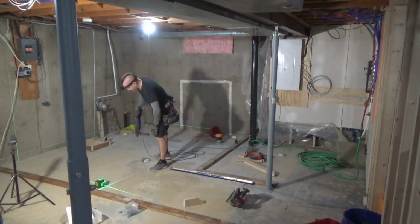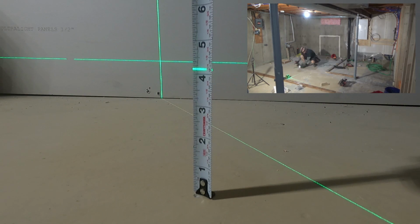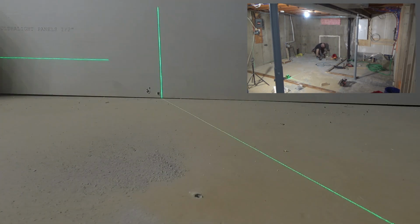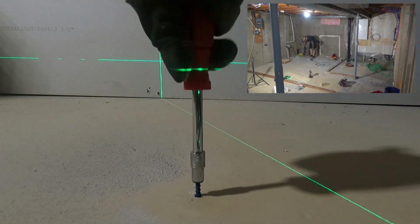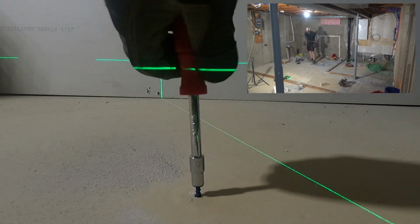Yes, always prepare, but prepare for your situation. Part of my preparation for this situation was making sure that I could find level very, very accurately. So what I ended up doing was drilling a whole bunch of holes in the concrete and driving some screws partway in. This let me control exactly how high the heads of the screws were, down to probably a 32nd